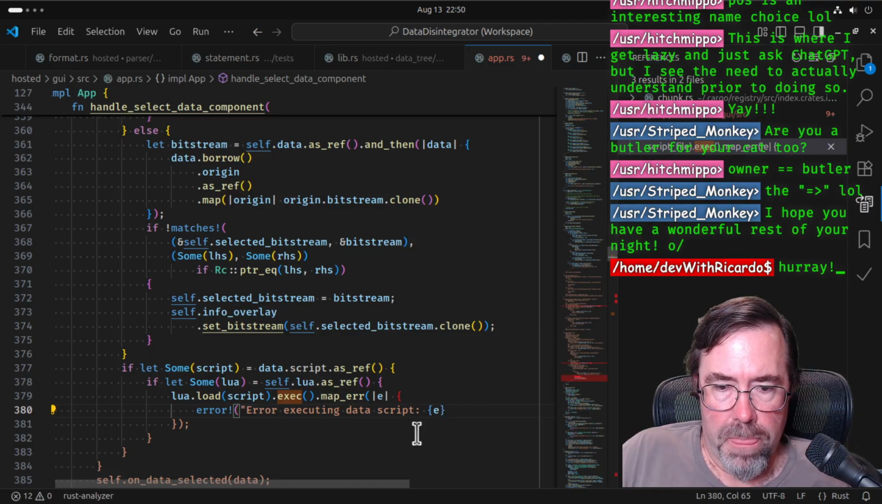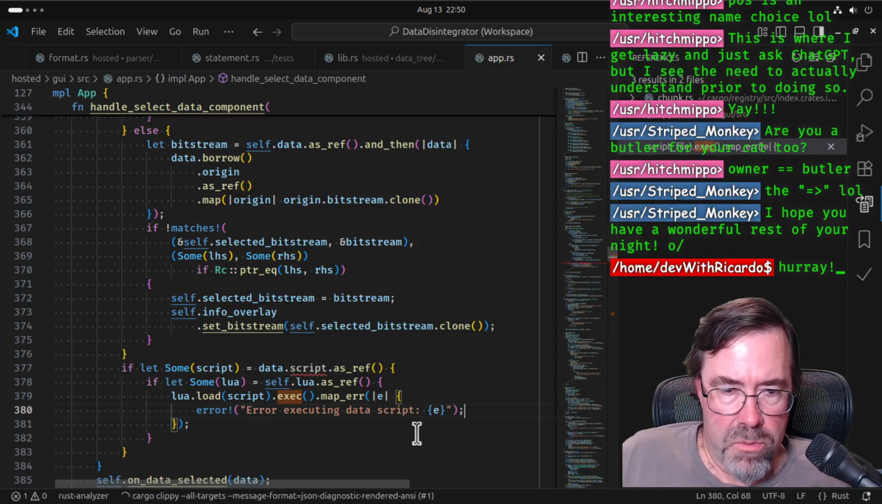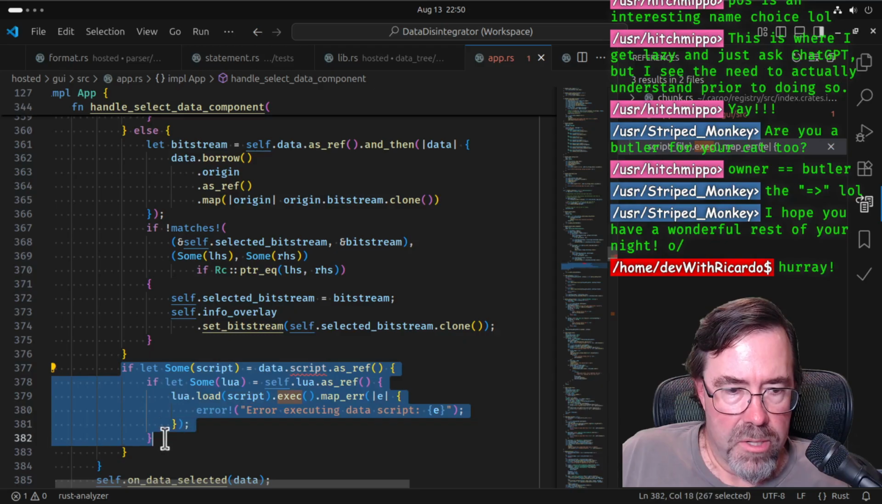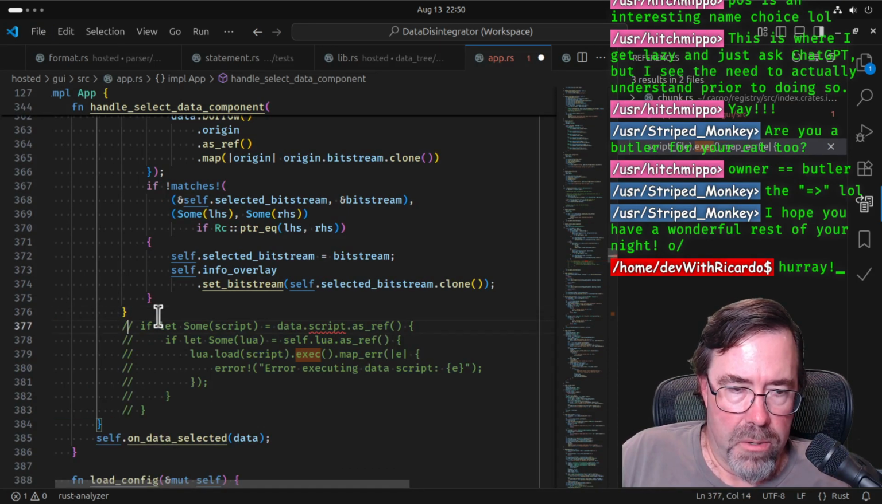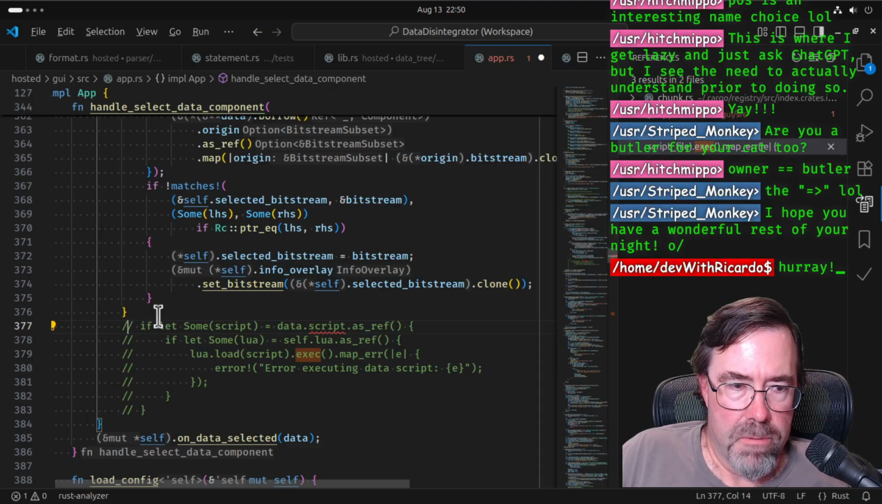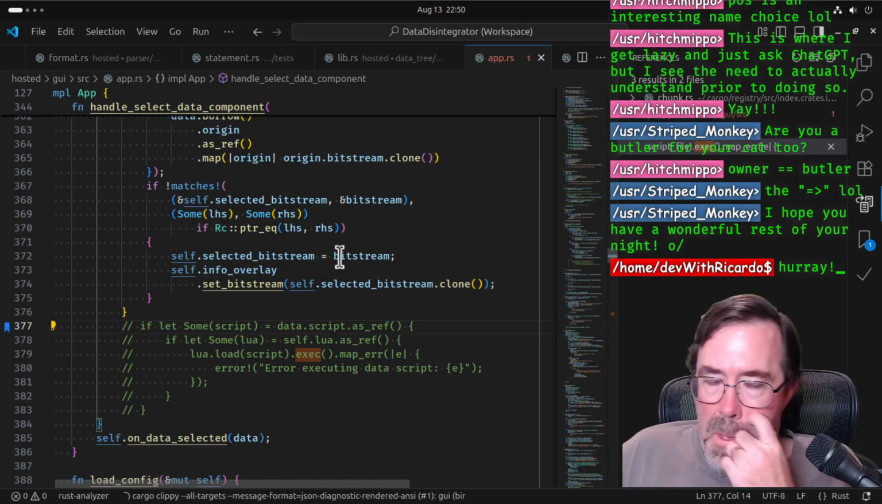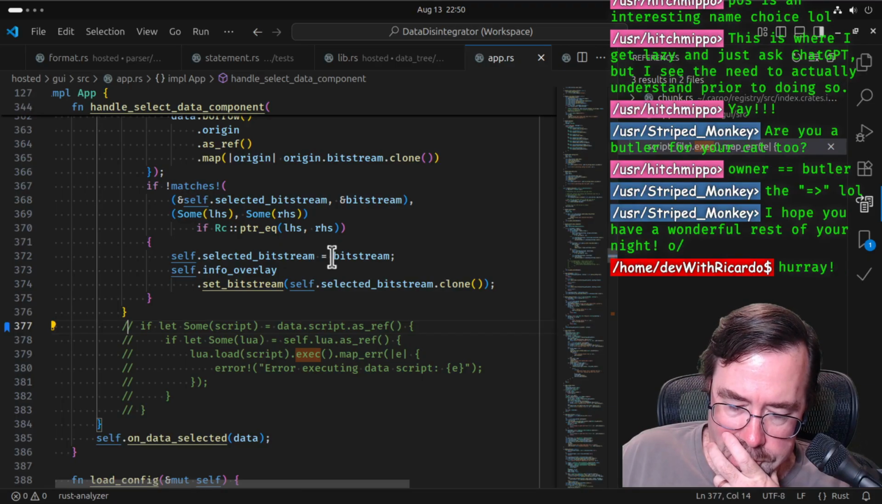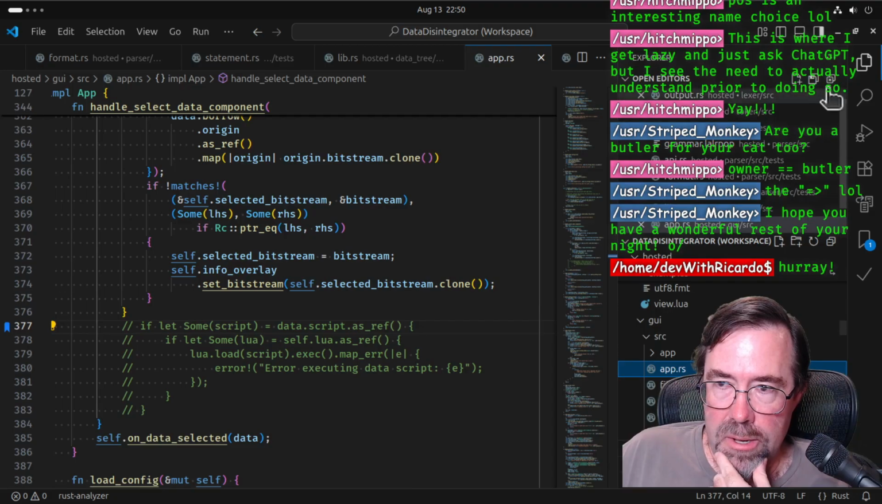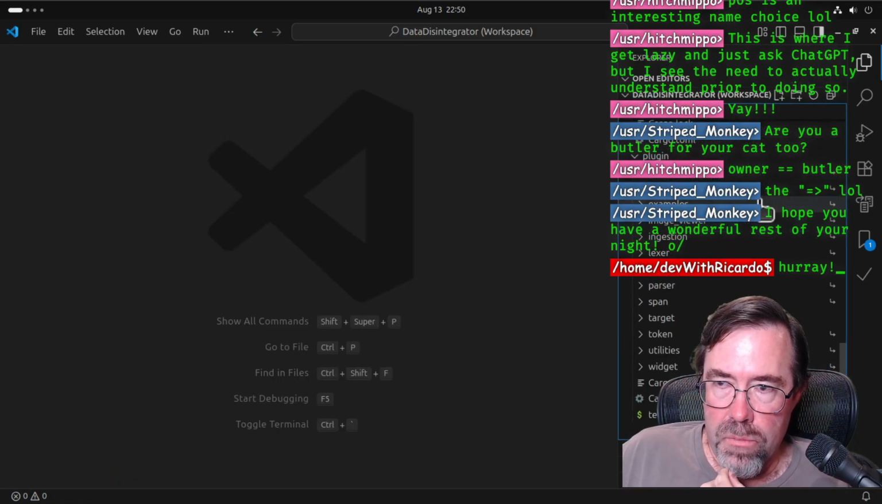So it's going to complain because it doesn't know what script is. So we're just going to comment this out for the moment, and then I'm going to put a bookmark here. I can remember the right key sequence. There it goes. Bookmark. Okay, so again, with the